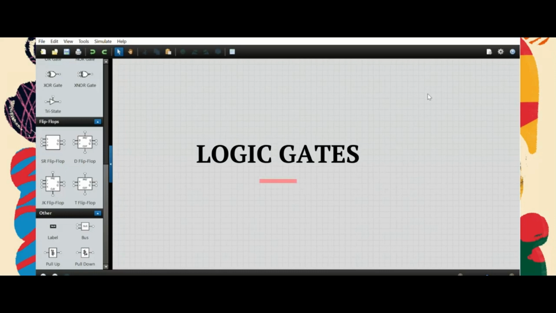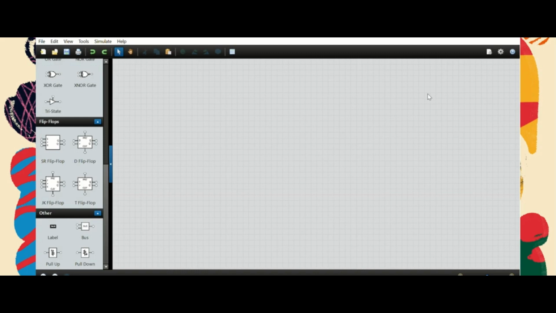The first experiment is study of logic gates. The aim of this experiment is to study about logic gates and verify their truth tables. The first logic gate is an AND gate. So for that, we are going to add two switches